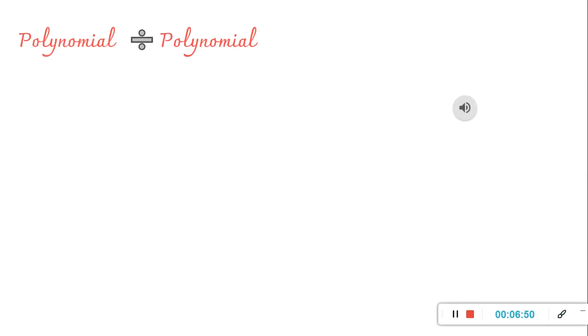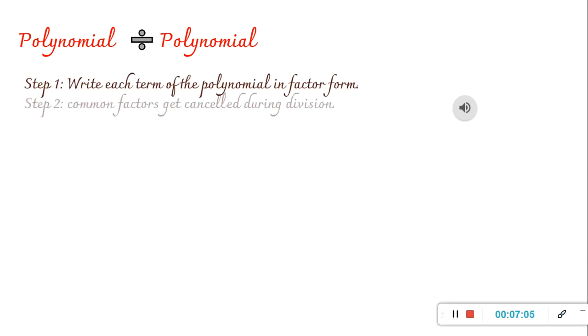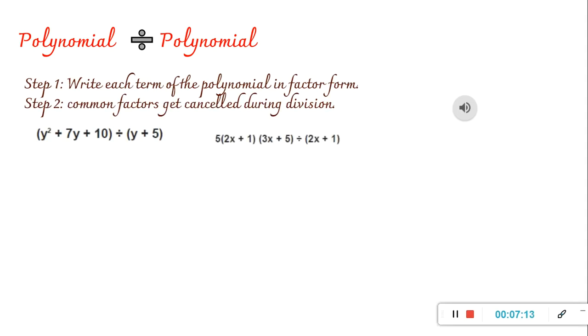Now let's do our third category. That is polynomial divided by polynomial. So this is like the most complex category of all the three, isn't it? So this time again, your process will still remain the same. If you look at step 1 and 2, the process is still the same, right? It is just that you have bigger expressions, right? So let us handle them one by one.